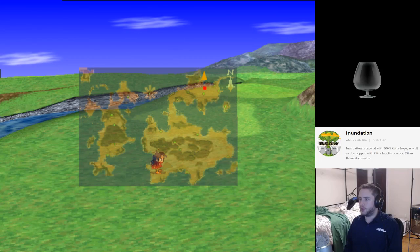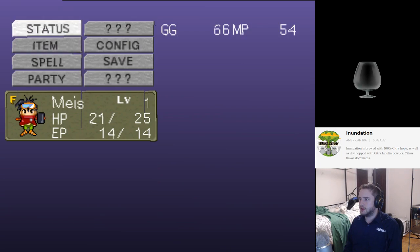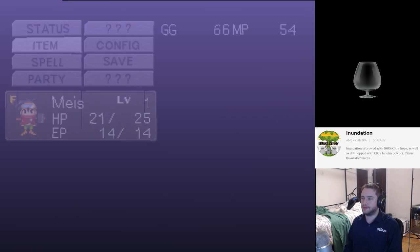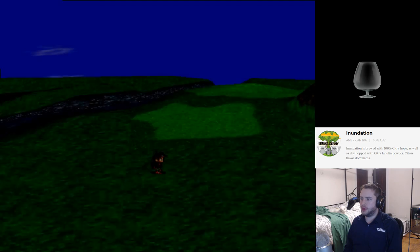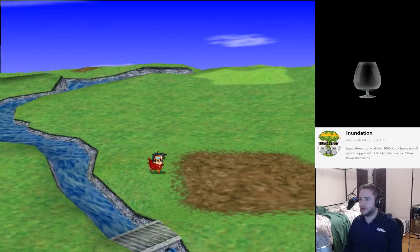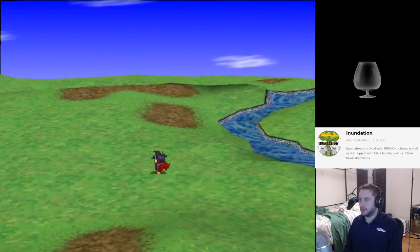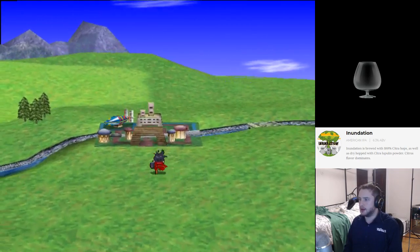Okay, what do I have? What's my item situation looking like? Do I have any items? I have 2 potions. 66 GP, a little bit of MP. We're gonna play this safe. So what I'm gonna do is dance around the world map a little bit, get into a couple of battles here, and heal up, just because